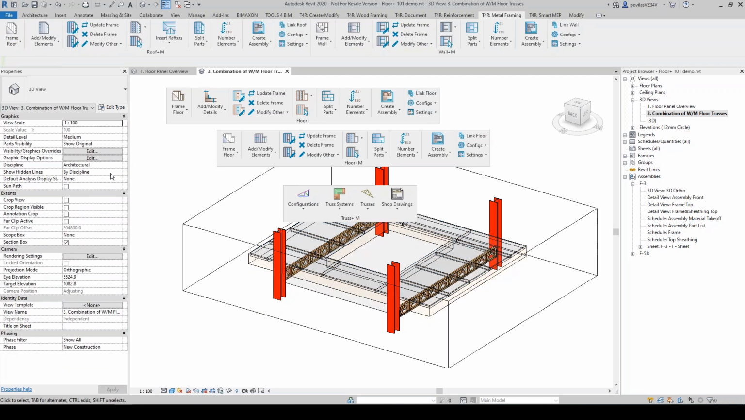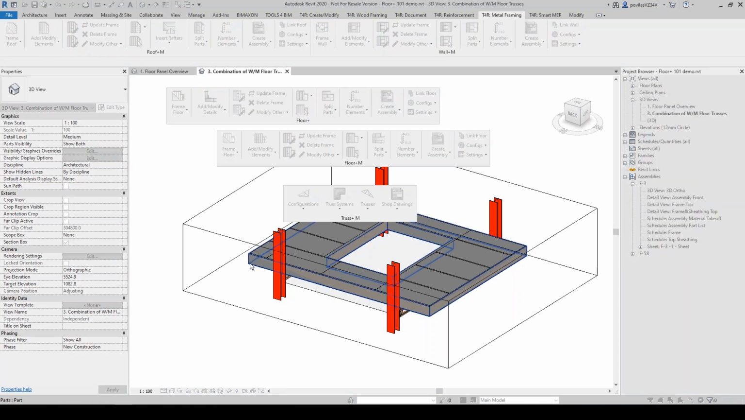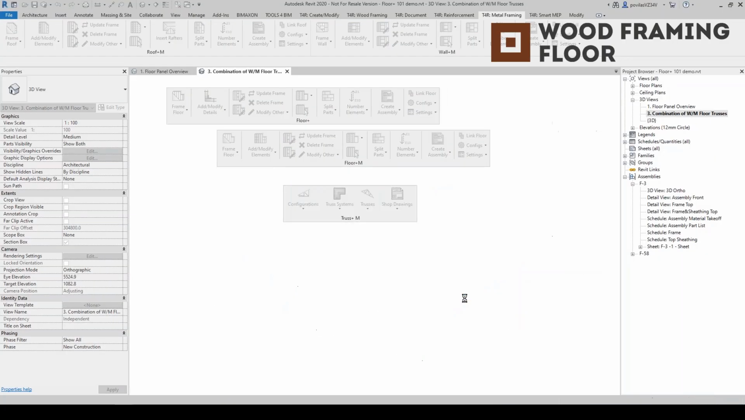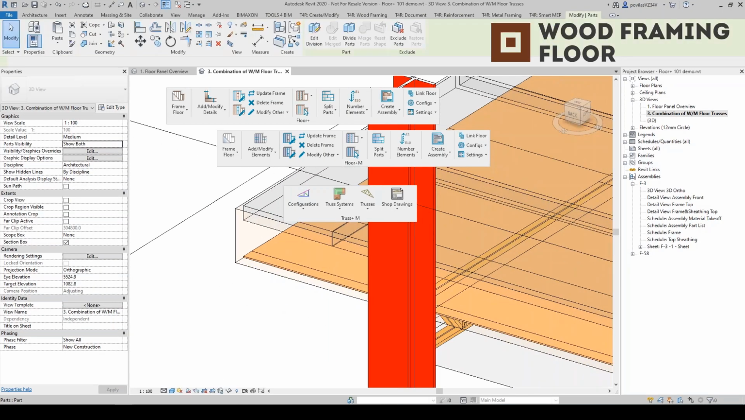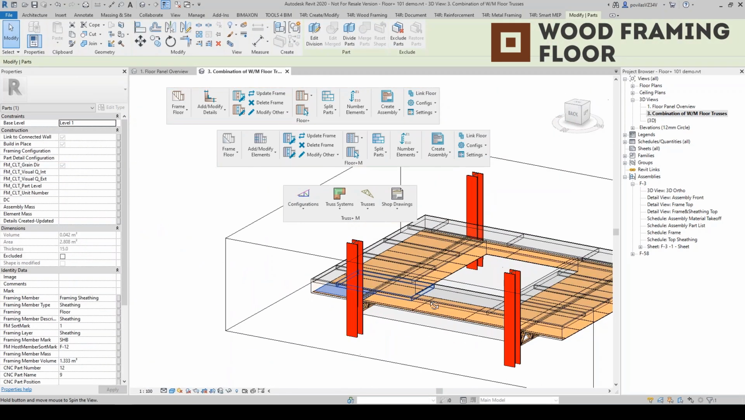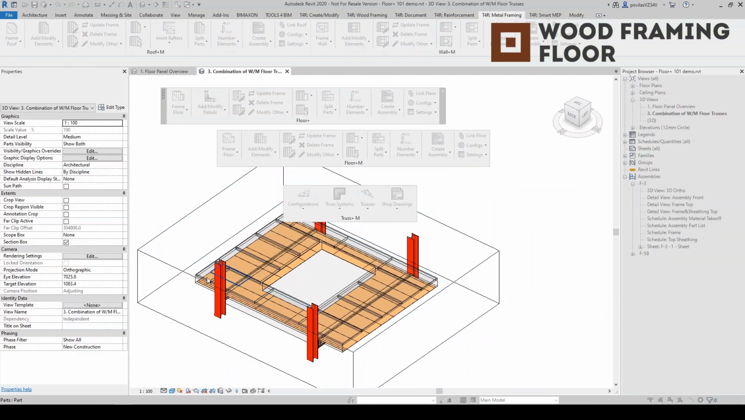So what I'm going to do now, I'm going to switch to see both, and I'm going to split parts for my upper floor, the entire deck, actually. So the way I've created that floor, the bottom layer has sheeting, and also we have, if we frame the floor,